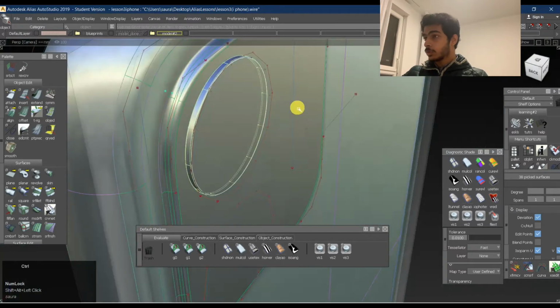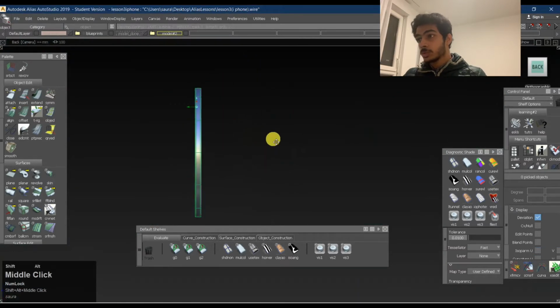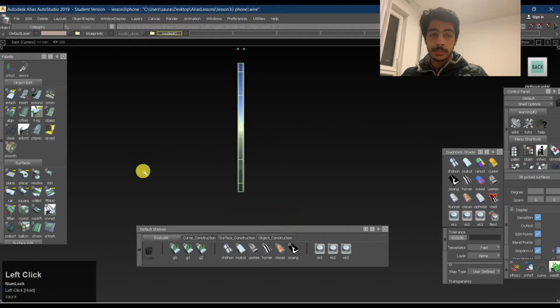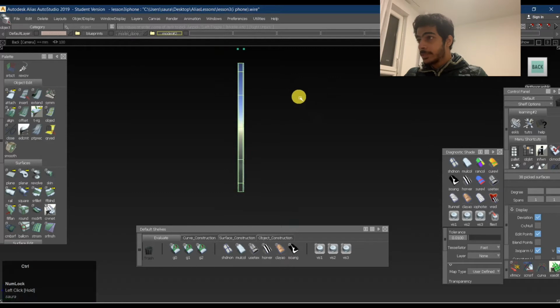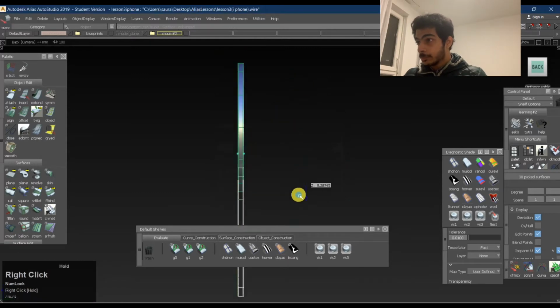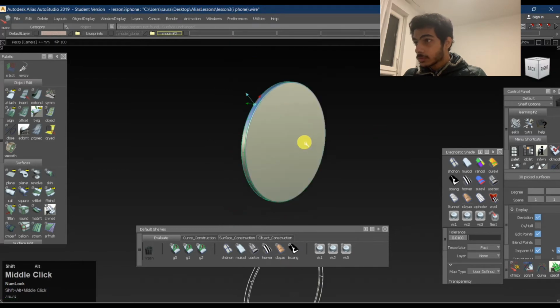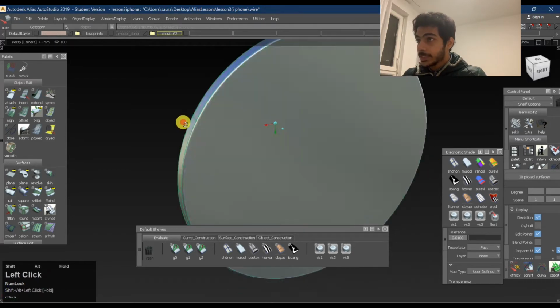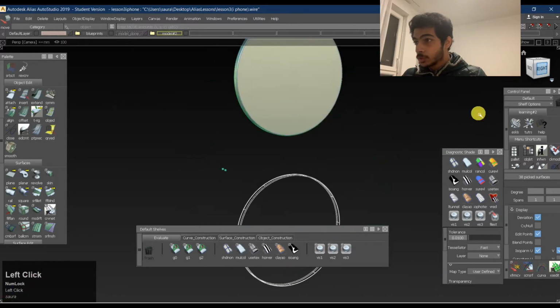So I'll just press Control H over here. I'll pick object over here. The only reason I'm not deleting the history right now is because I might have to change it later. So I'm just playing a bit safe over here, right? Okay, this is my history of the duplicated object, which is fine. I hope nothing has been destroyed over here. It's okay. Cool. So I have something like this over here.